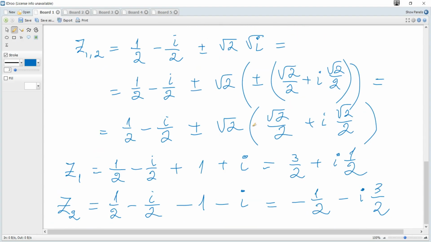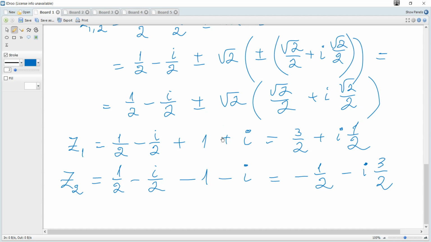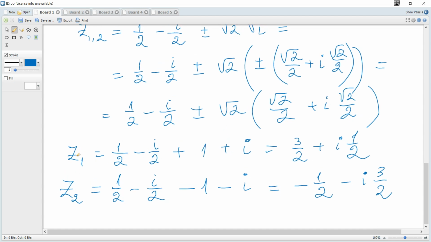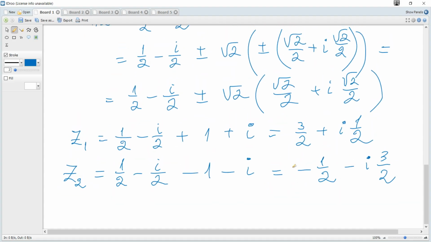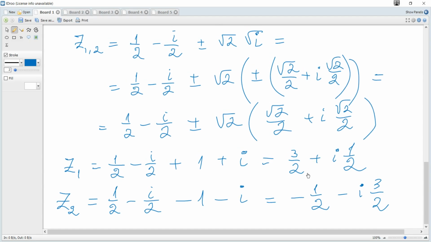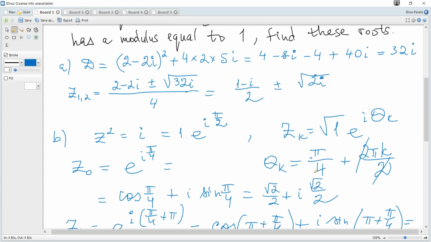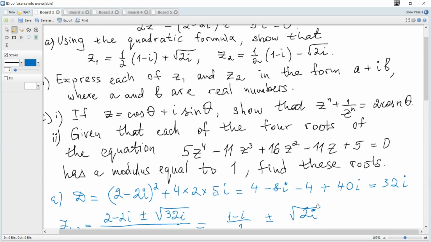You may check, and you may consider all 4 variants, and you will see that there are only 2 different solutions, because the other 2 will be the same as these 2. Let's check. 3 plus, correct. And the next